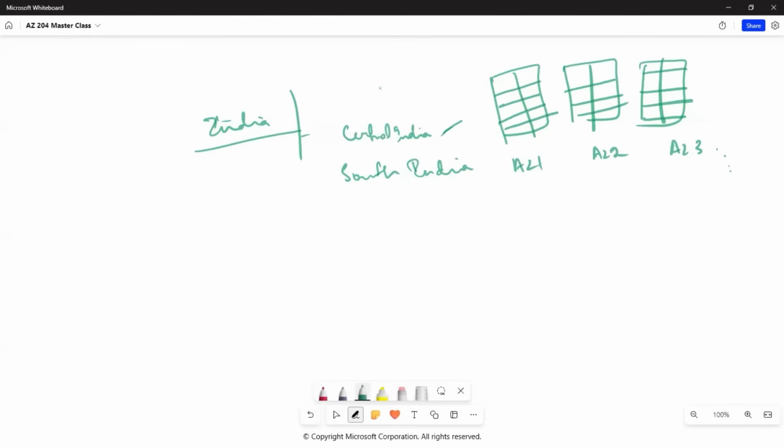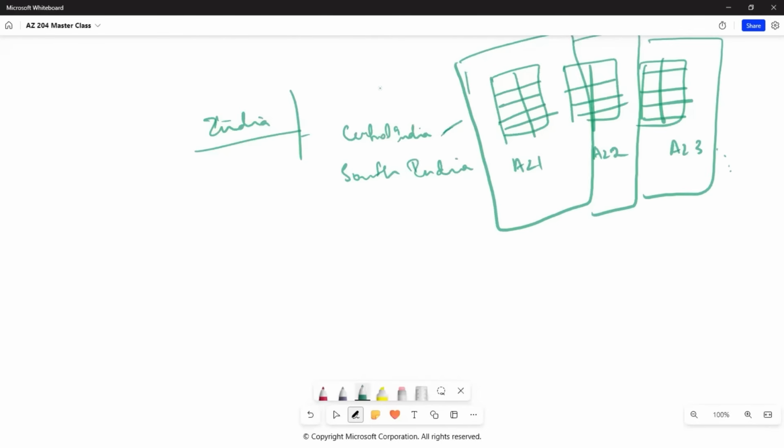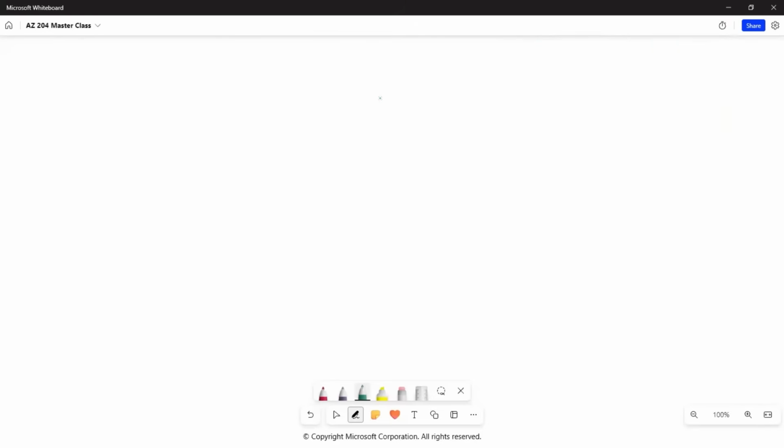Inside each availability zone there will be a group of data centers, so you can have multiple data centers inside an availability zone in order to group them together and set up your high availability architecture. Perfectly fine, right? That's how Azure has laid out their cloud services.